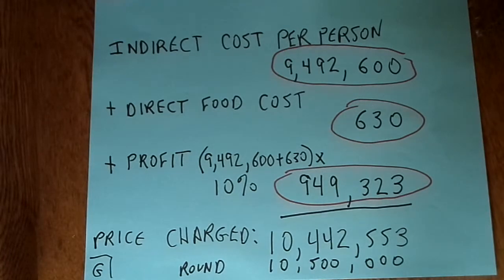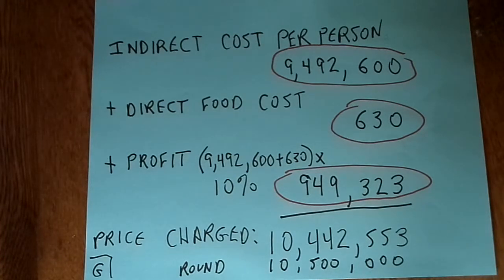Then I took those two numbers, which I don't show you on the page, I added them up, and I multiplied them by 10% to come up with a profit. My business is in business to make a profit. I'm not going to break even. So whatever the costs are to send these people into space per traveler, I want to add $949,323 or 10% as my profit. So the rough price I would charge is